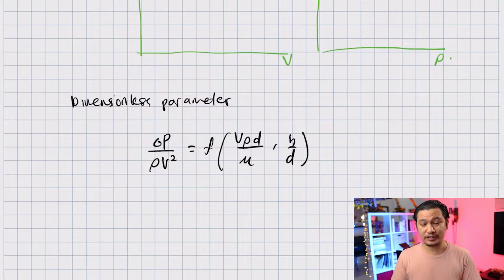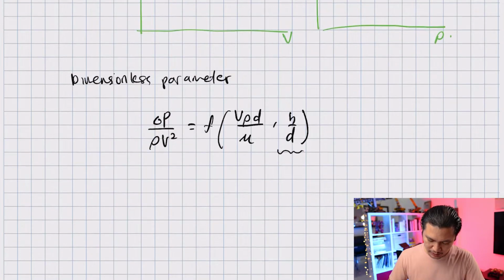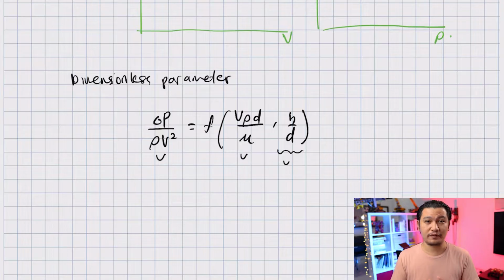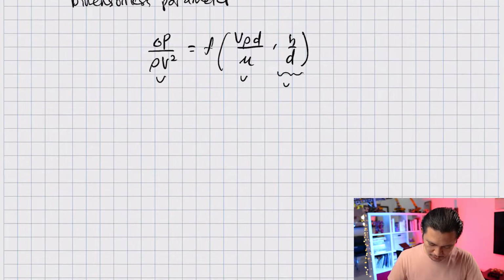As the name suggests, these are the groups of parameters that when combined with each other have no dimension. A very straightforward example is here. H over D is simply length over length. Okay, so it has no dimension at all. And when you have this kind of relationship, when you conduct experiments, you no longer have to test for each variable. What you need to do is just plot a graph of